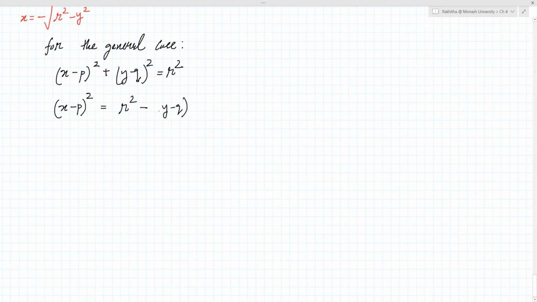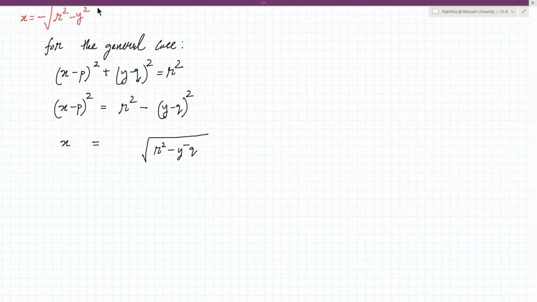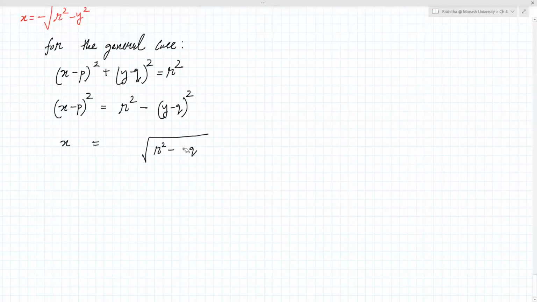So then how do you find x here? You can directly say x would be the square root of r squared minus (y minus q)